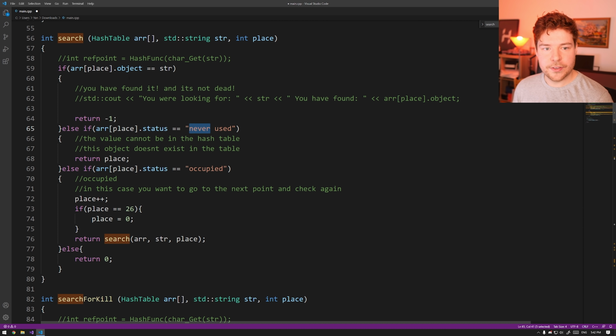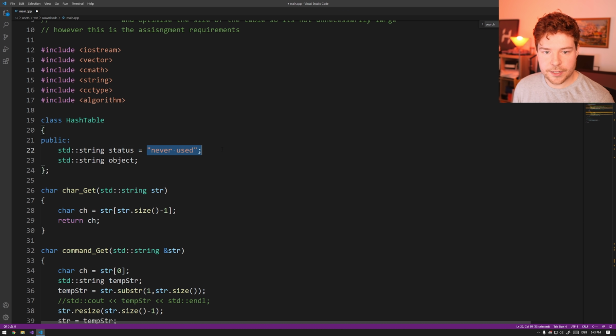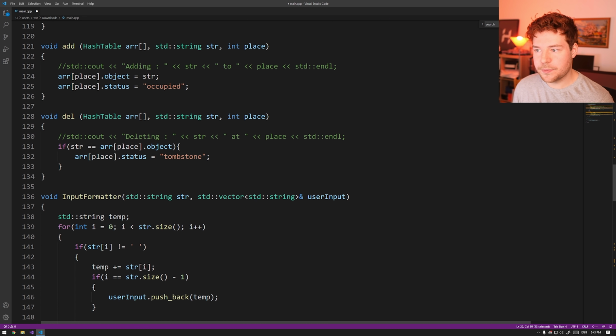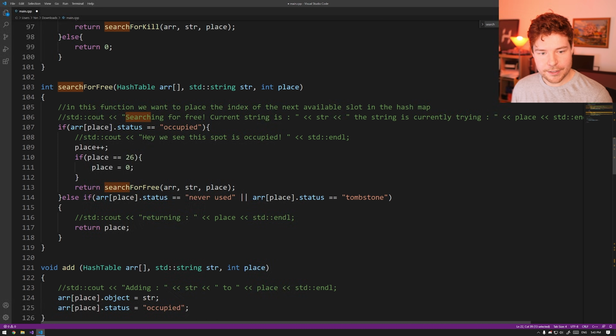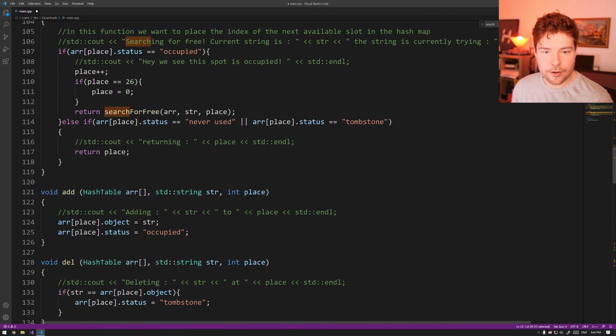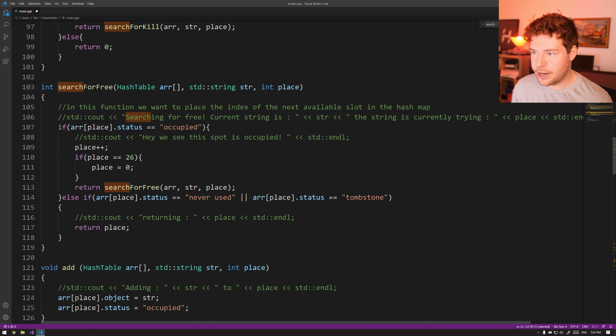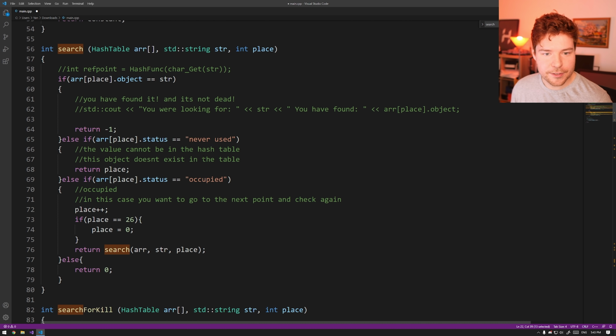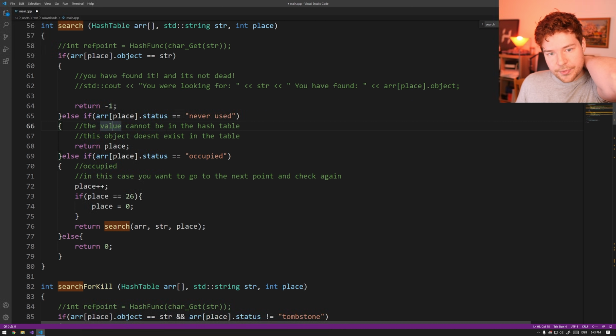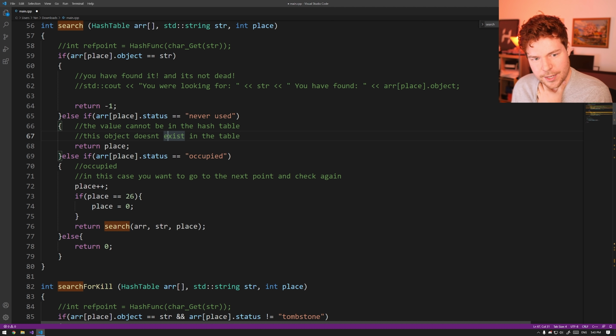Otherwise, if the status is never used, so obviously it doesn't equal null, so it's either never used or it's occupied. Never used, of course, being this status here. Very important that you spell that right and don't use capital or lowercase letters accidentally, or write it as one word, because otherwise the whole algorithm breaks. So yeah, extremely important when you're dealing with strings as statuses for some reason. But again, assignment requirements. Value cannot be used in the hash table. This object doesn't exist. So I think it means can be used in the hash table, maybe,